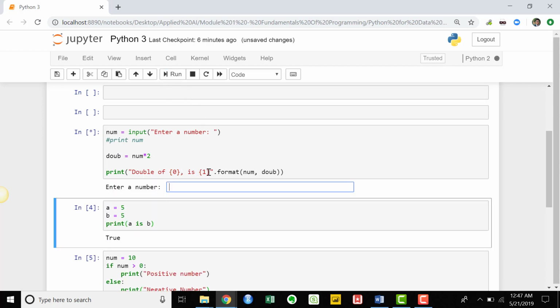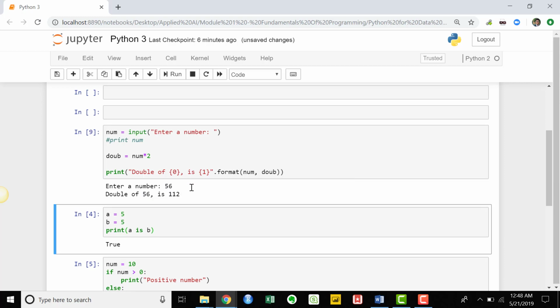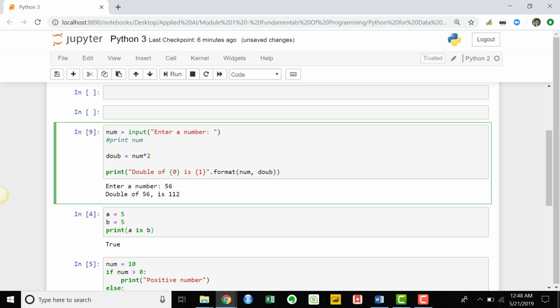If we run this, it will ask us for a number. If we put 56, let's say, it's 112. It will calculate the double and print, double of this is this. Now if I just remove this,